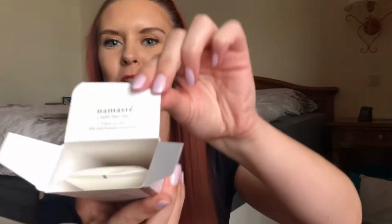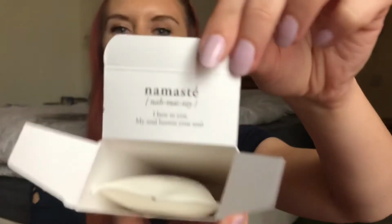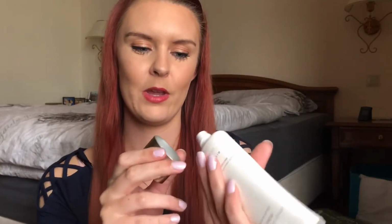Oh, that is really cute. It says Namaste. And it says, I bow to you, and my soul honors your soul. That's what Namaste means. Isn't that cute? It comes in a tube like that. And again, it's a velvety smooth cleansing foam. And it's more of like a gel texture. So I thought that would be really good